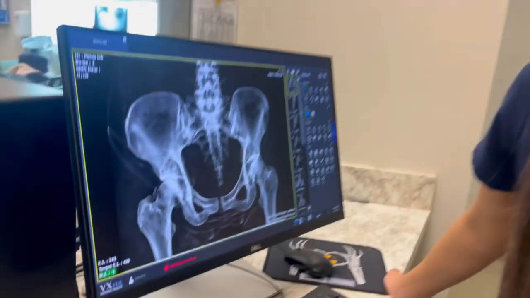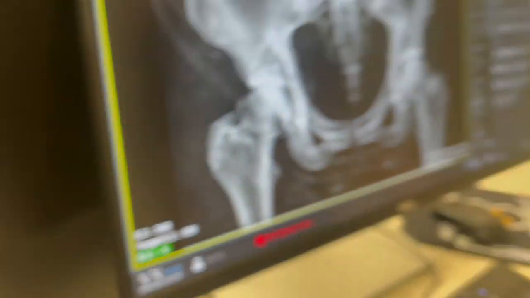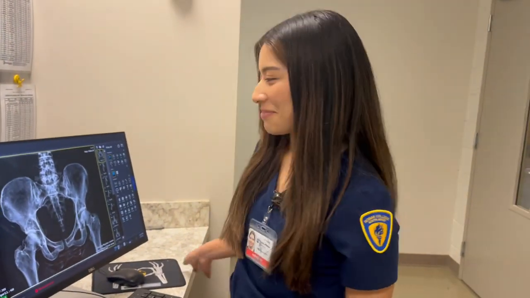A few moments later. Following the EI and DI ranges that my quality control program enforces, I repeated and obtained an acceptable and diagnostic image. I can now send this image to PACS.